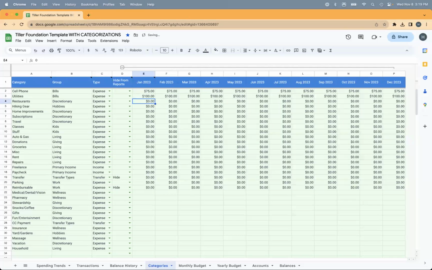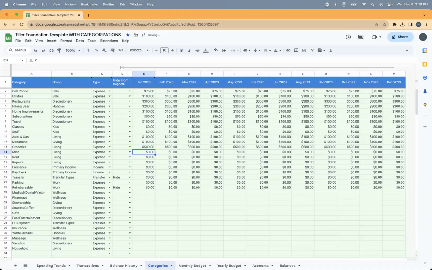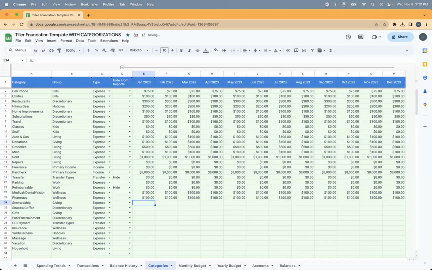And I'm just going to quickly make this up. This was part of the demo that I didn't have ready, so I'm just kind of making up some stuff here. Maybe this is 50, travel is 100. These we actually don't have to worry about. $100 on gas. So this might be like 500. And this is maybe like 1,000. I don't need anything for that necessarily. No freelance. Let's say this is like 8,000. Transfers, we don't need to budget for those. Some of these I don't have, so if you leave them in there, you don't have to set a budget for them. So just keep going here